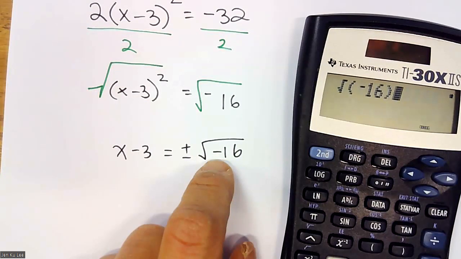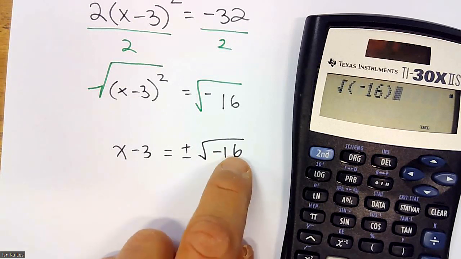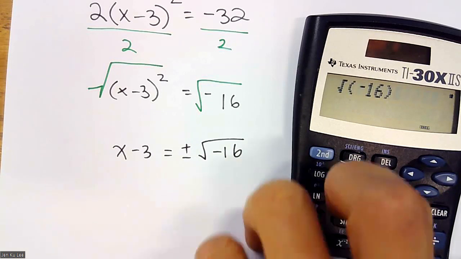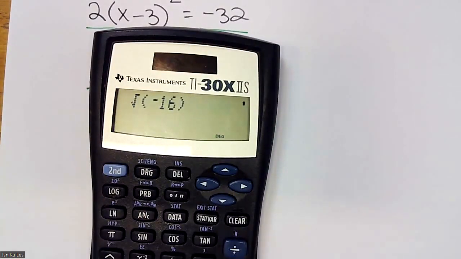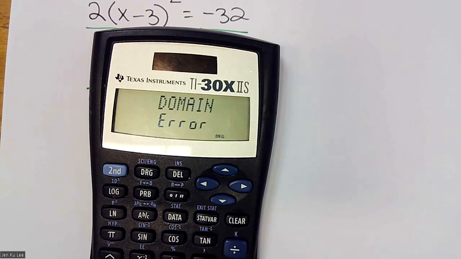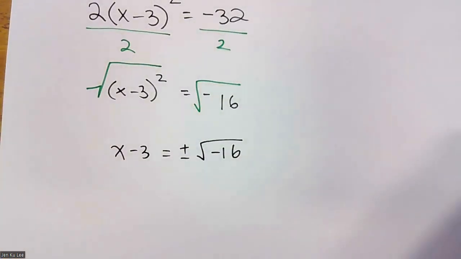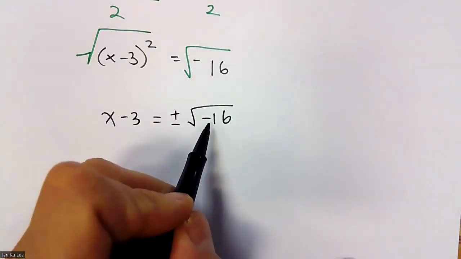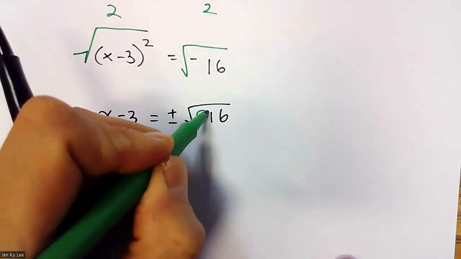So negative 4 times negative 4 equals positive 16. 4 times 4 is positive 16, right? There is no number here that gets me a negative number. So that's why even if you put it into your calculator, you get error, domain error. That means that it's not possible. Okay? So whenever you come out with a question like this and you see that negative inside the square root,